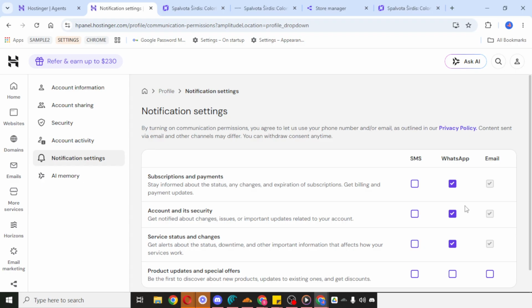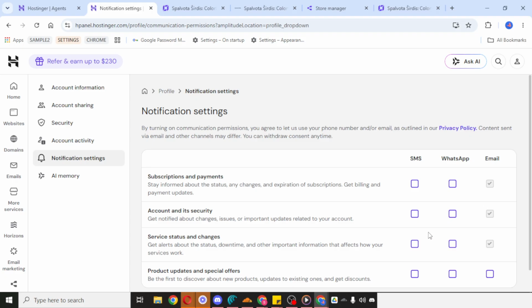Inside Notification Settings, you should see the WhatsApp notification option with a checked box or enabled selection next to it. To disable WhatsApp notifications, simply unmark that check. If there is more than one WhatsApp-related option visible, make sure you uncheck the ones you no longer want enabled. The key idea here is that any checked WhatsApp notification setting will continue sending alerts, so removing those checks will